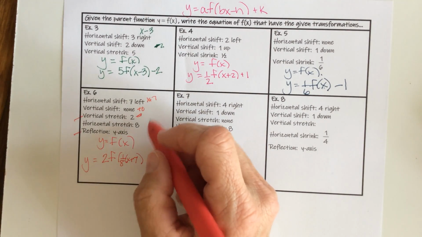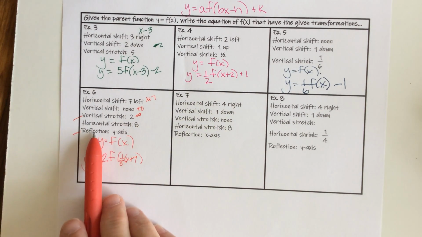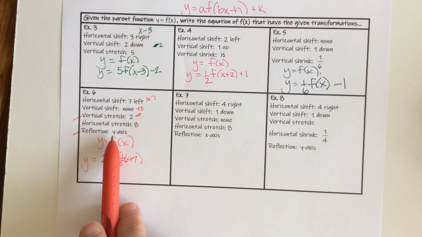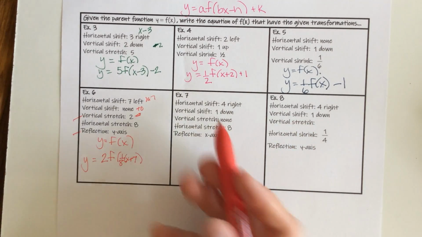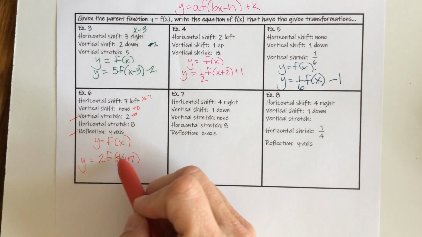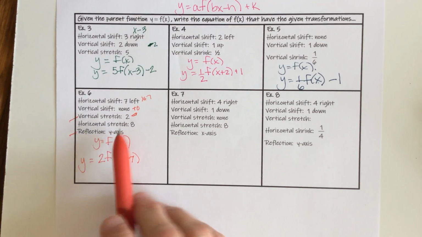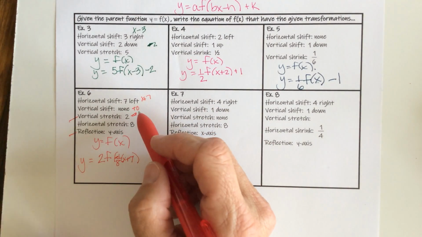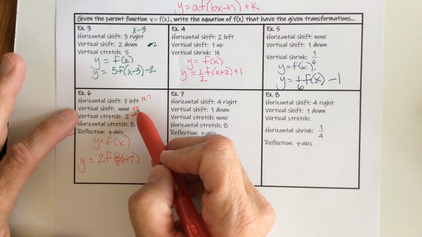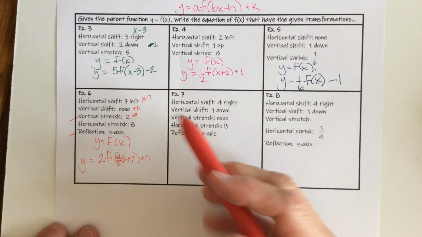And what else do I have? I have a reflection about the y-axis. So I can make my negative 1/8. The negative will make this graph reflect across the y-axis. And then do I have a vertical shift? And that is no. So I don't really have to put a plus 0 out there, but I need to